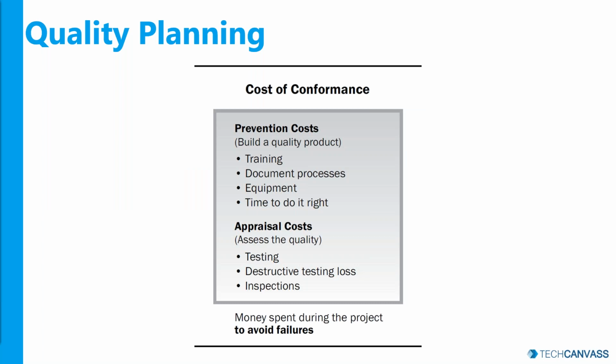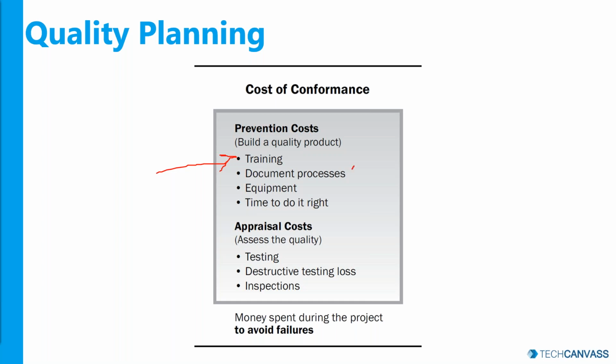So there are two ways you can manage quality, right? One is proactively, where you would say these are the testing techniques I would use to ensure that the quality is up to speed. The second way is very reactive, right? You notice that something is wrong with the deliverable, then you report it, get it corrected and retest it again, right? In planning, you would mostly be dealing with prevention costs or cost of conformance, right? For example, you need to train the people on quality as well, right? If you want to train your development team on unit testing, the best practice of unit testing, the benefits of unit testing, and test driven development, those investments go under prevention costs. You need to plan for that.